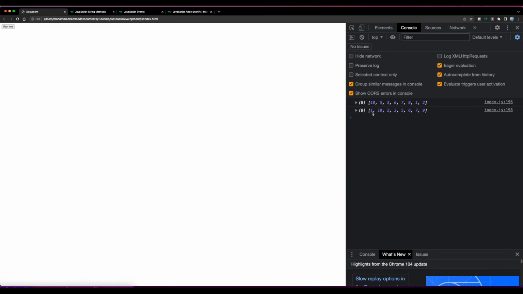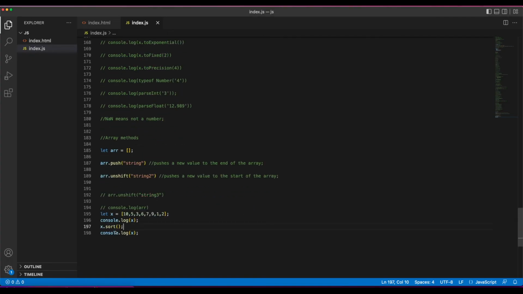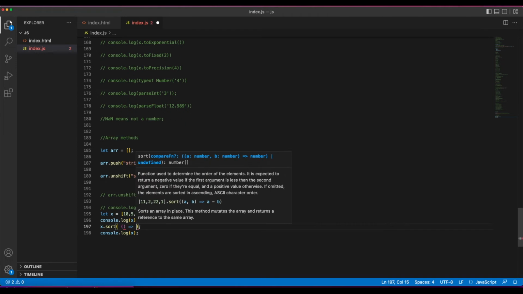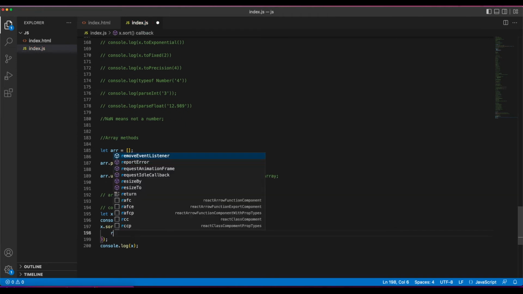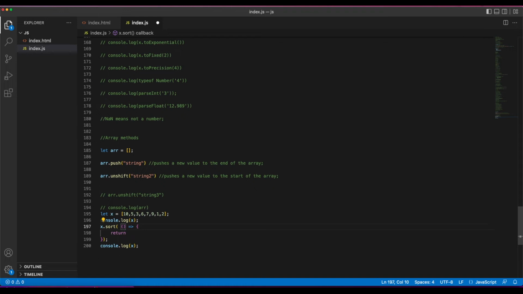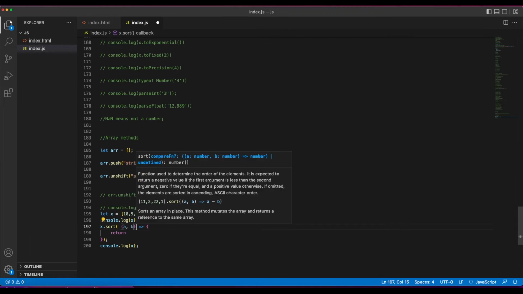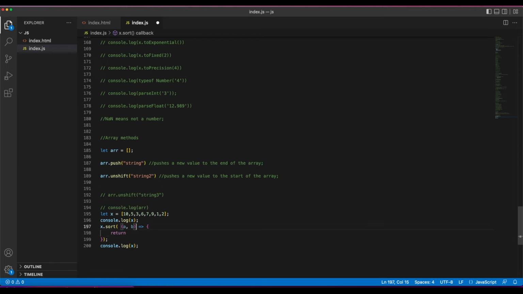But what you can do, because you can see that this is not correct, 1 and then 10, 2 is smaller than 10, so that should come first, 3 is smaller than 10, 5, 6, 7, 9, all smaller than 10. 10 should be last effectively. So clearly that sort function is not working great out of the box. What you can do is give it an arrow function, for example, and inside this arrow function you do a return. This arrow function will give you two different arguments, a and b,